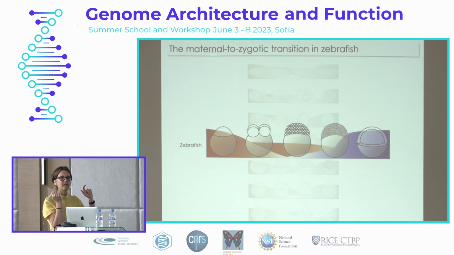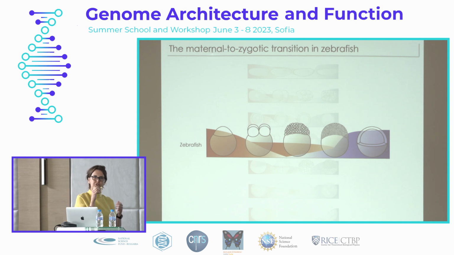And development during these stages is driven by maternally loaded RNA and protein, here indicated in red. This over time gets degraded, both actively and passively. And at some point, transcription then begins, and the embryo takes control of its own fate by using its own genome. And we've been using this transition from maternal to zygotic control to address a series of questions in transcription regulation. And while looking at this,